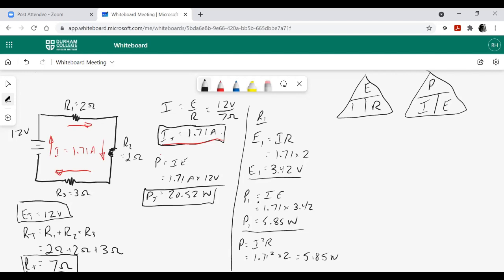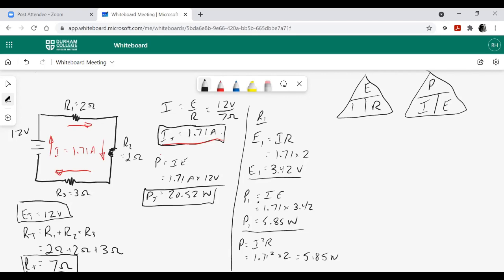.85 watts. So the math will always work. As long as we're doing the math correctly, I'm always going to get the right number. It doesn't matter which formula that I use, but this P equals I squared R would be a better process. Okay, it would be a better way to use the numbers, because in P equals IE, I've had to